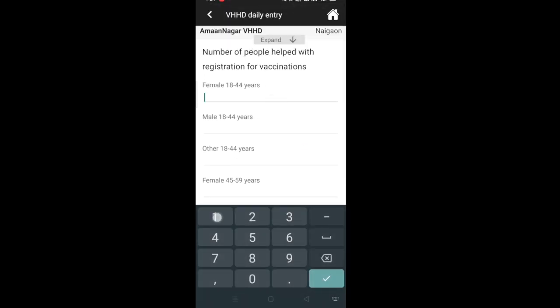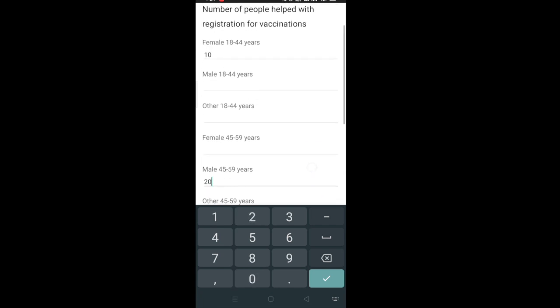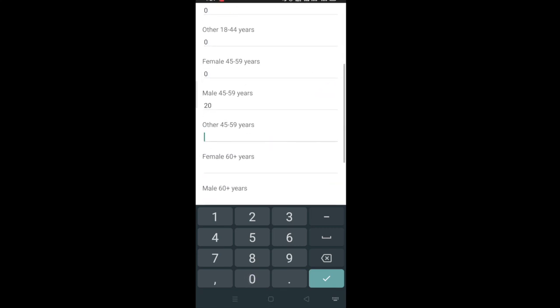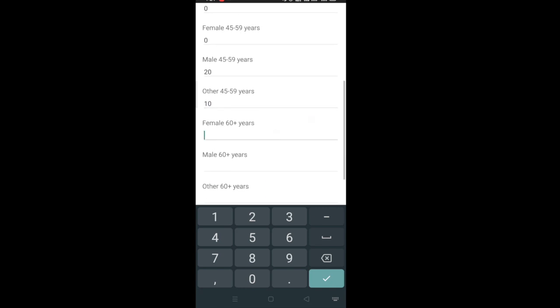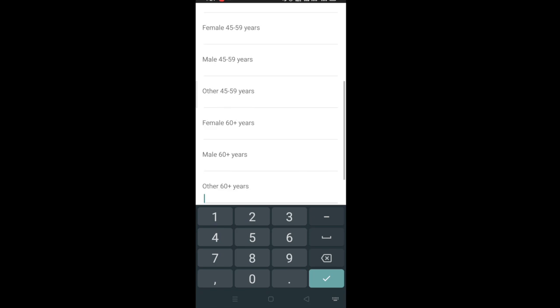So we will fill this information. If there is no male, then we can write 0. Let's say 0, 20 male, 10 others, 0 female, 5 male, and 2 other.